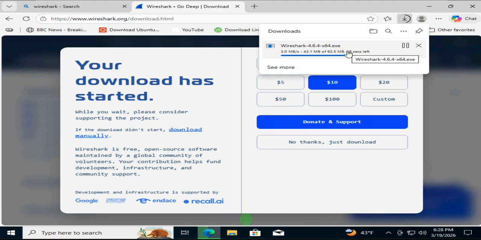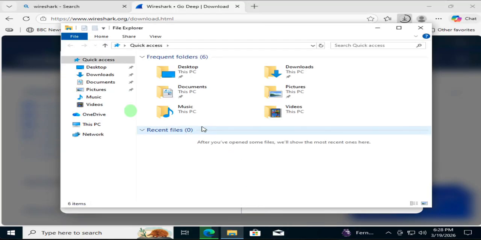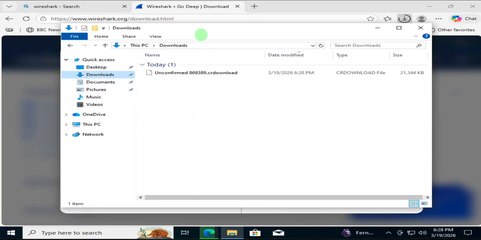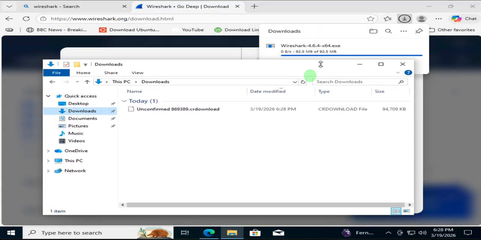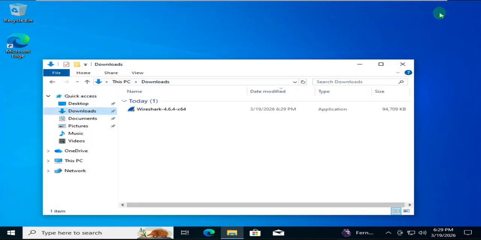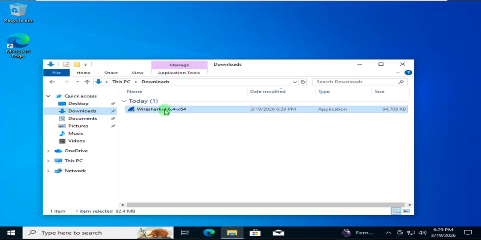So let's open File Explorer here and go to downloads, and this is the file. It's still downloading. Okay, it's done. So I'm just gonna close the browser. Now to install it, all you have to do is just double click on the file,